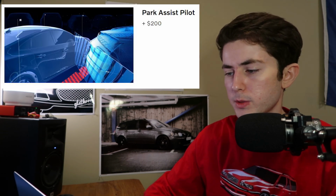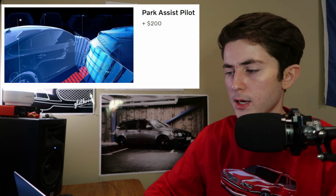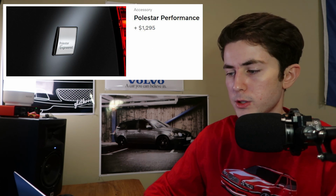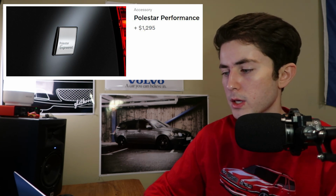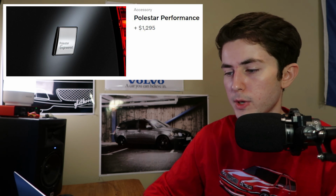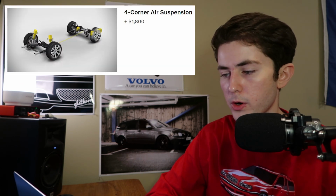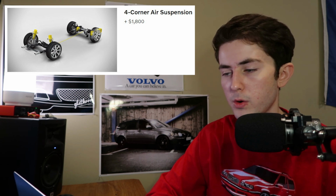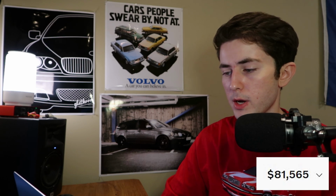I will be adding whatever items do not interfere with previous selections. Under driver support, we have Park Assist Pilot, which measures potential parallel parking spaces and can help you steer into the spot. We have the Polestar Performance Tune, which optimizes performance areas such as mid-range engine performance, gear shifts, and throttle response. And we also have 4-corner air suspension, which can adapt each shock absorber to current road and driving conditions. The addition of these 3 items brings us all the way up to